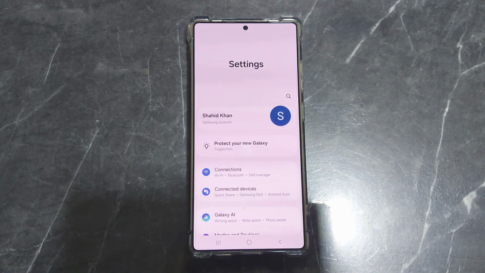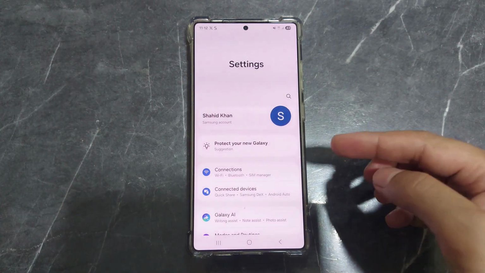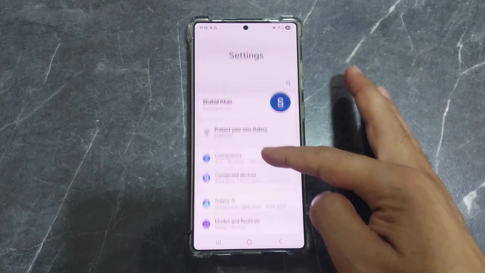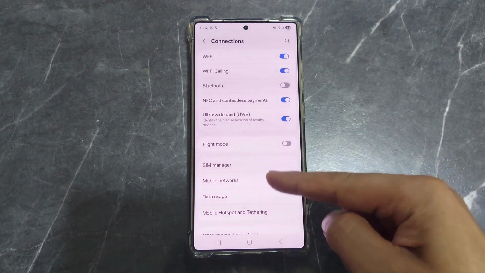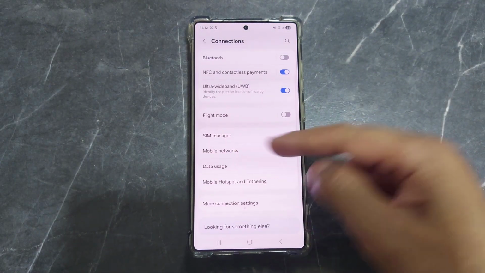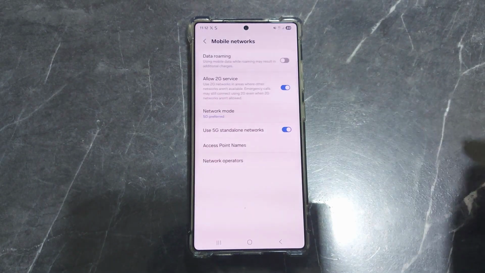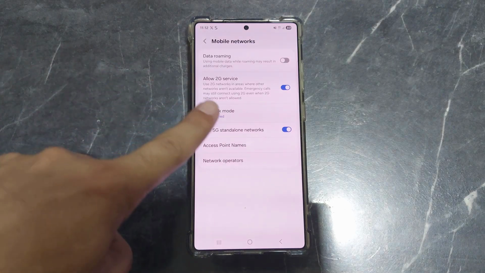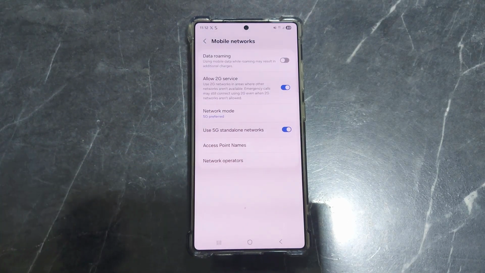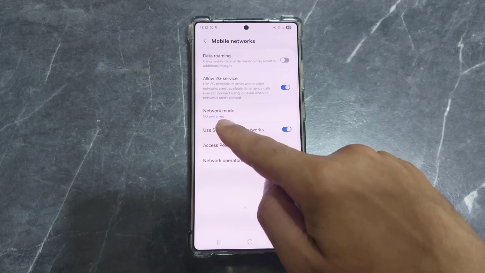First, you need to go to the settings on your Samsung S25 Ultra. From here you need to go to the connections. Here you need to find mobile network, which you will find right here. You need to tap on it, and here you will find the network mode, which is now set to 5G